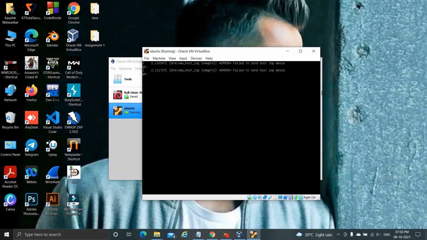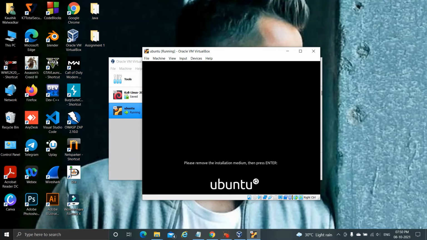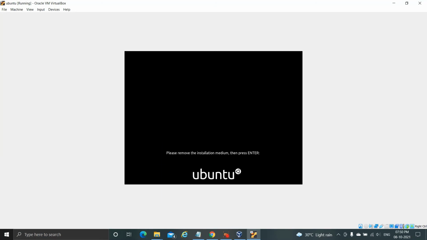So the Ubuntu system is now restarting. One more thing I will suggest: after it opens, you will see that your Ubuntu is in just this window size, so you have to maximize it.